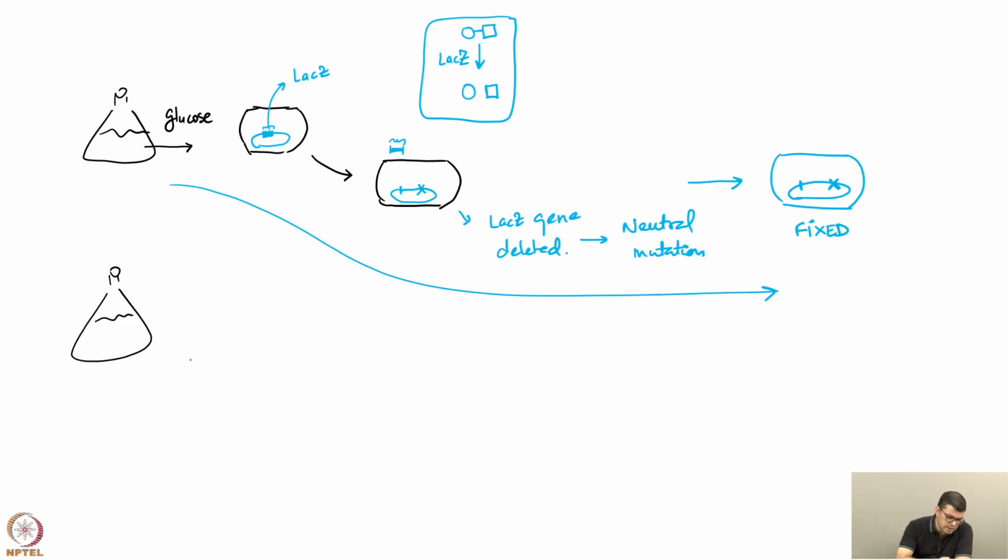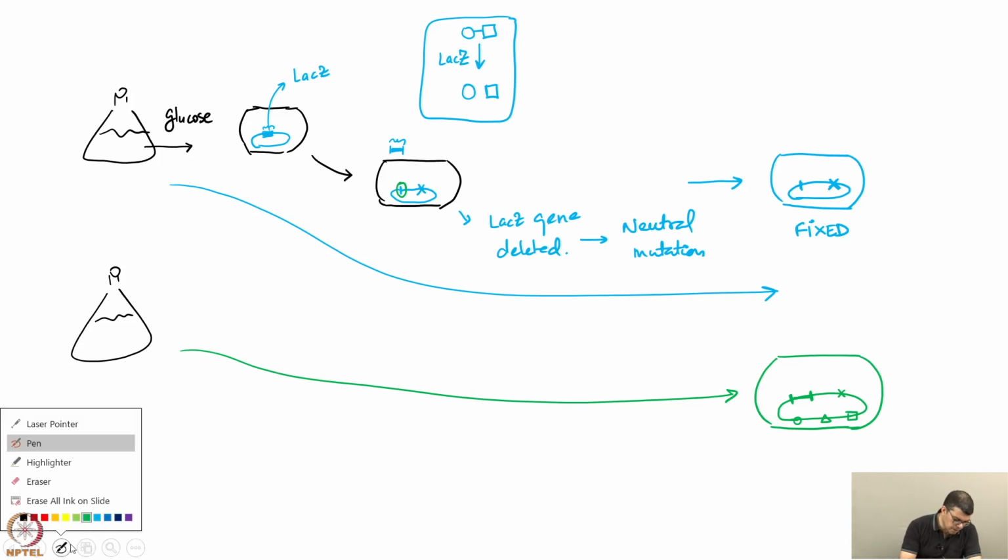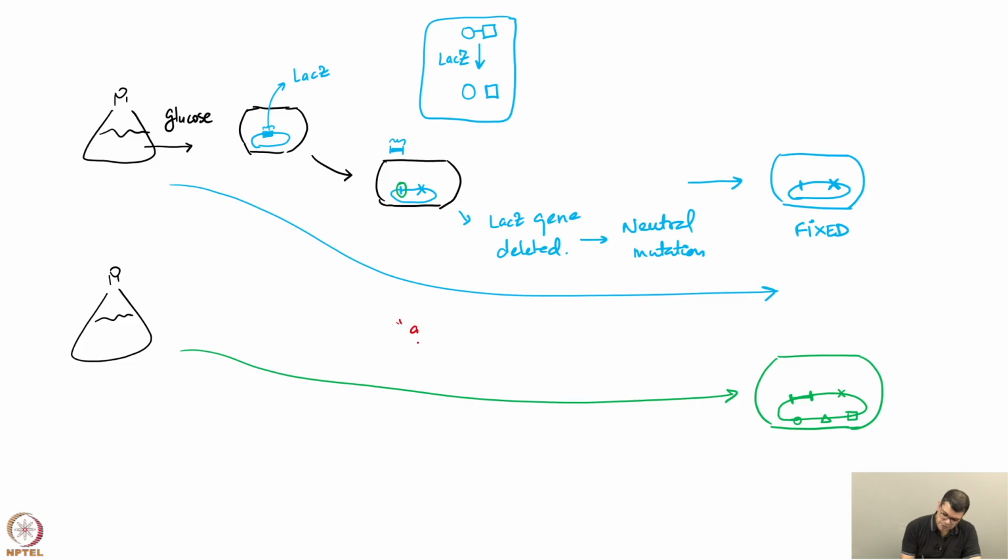On the other hand, the same does not happen in the other flask. The individuals in this flask evolved and acquired mutations which made them grow better on glucose, but this deletion of LAC-Z did not take place here. So, at this point you have the LAC-Z gene which is still intact, and other beneficial mutations have happened throughout the DNA of the organism. Now, let us say this evolution experiment was conducted for G number of generations,